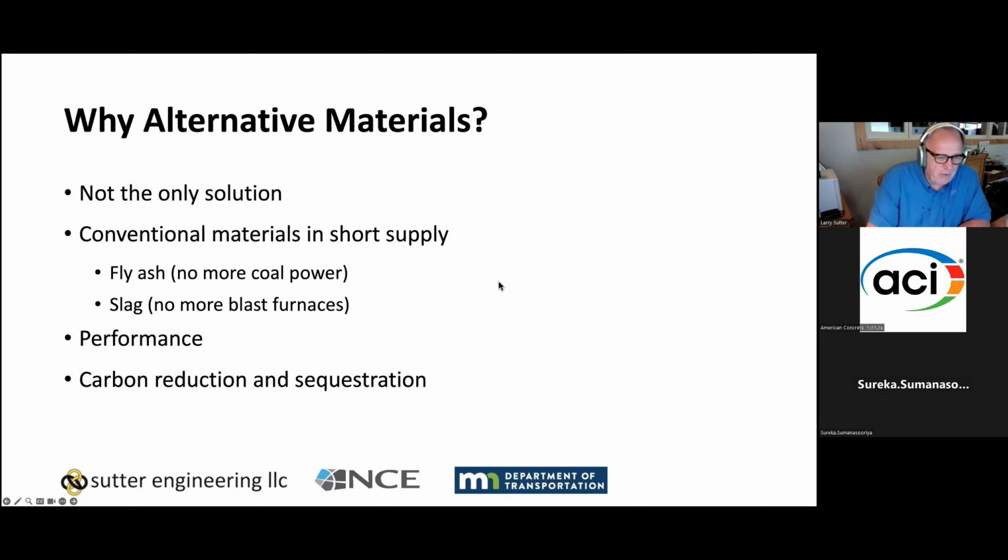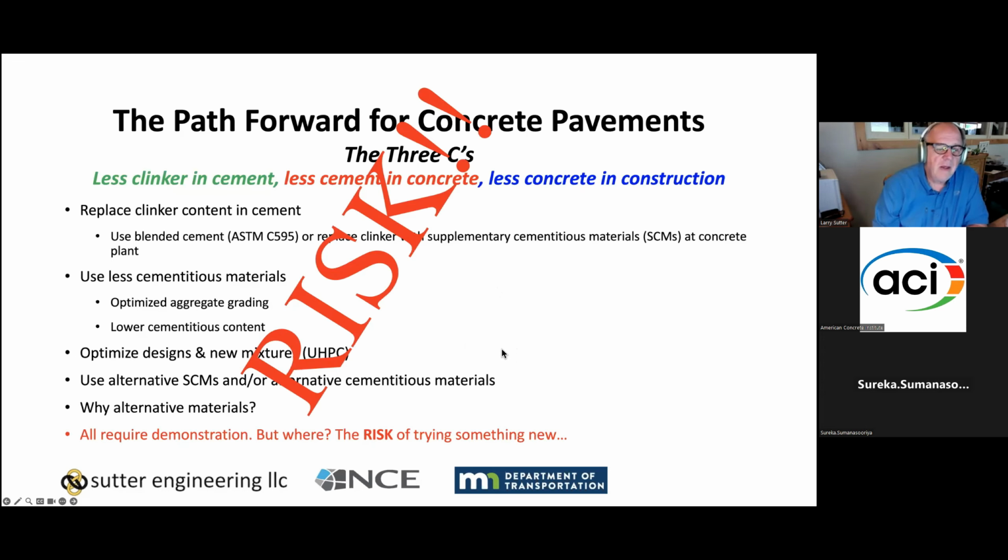Slag is basically a finite resource. It's there, we're using it, but we don't have reserves of slag that we can fall into and keep increasing the use of. But we still obviously need to keep using slag at the rate we're using it, if not higher. So in the end, what limits us from going down these roads of trying these lower clinker cements, of optimizing our gradation, taking out some of the cement, of trying a new material, trying a new design, all the things, what holds us back from doing all these things is risk.